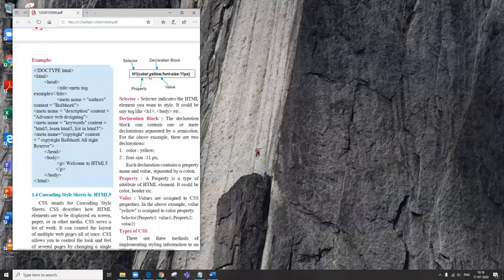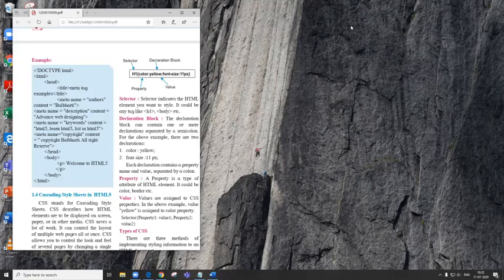We used to give an equal sign with yellow that we've written. And after that, font size 11 pixels. So children, this color and yellow that we have written is one declaration. And the second declaration is font size 11 pixels.